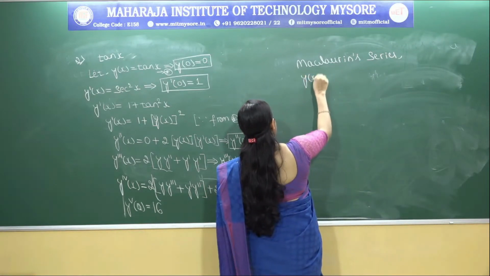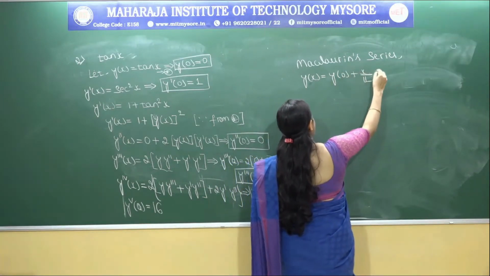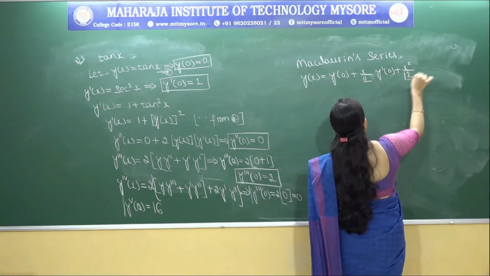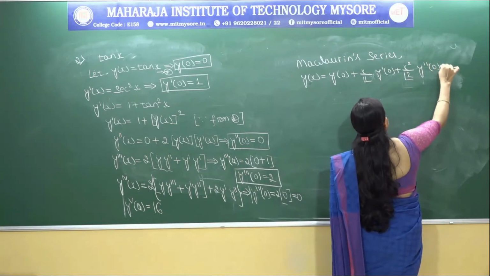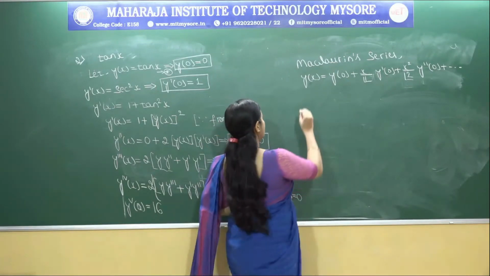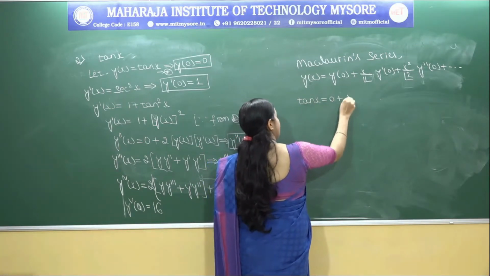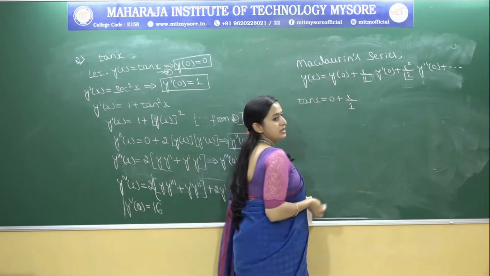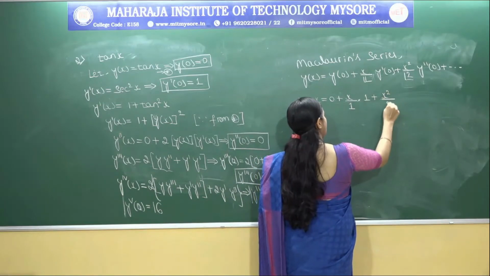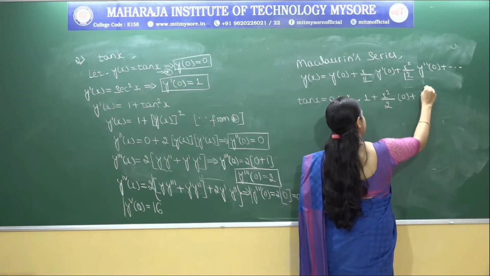First term, y of x equals y of 0, plus x by 1 factorial, the first derivative of 0, plus x square divided by 2 factorial, the second derivative of 0. Continue the series like this. So the y of x, the given one is tan x, first term 0, x by 1 factorial is 1, the y dash of 0 is 1, x square divided by 2 factorial is 2, the second derivative of the term is 0,